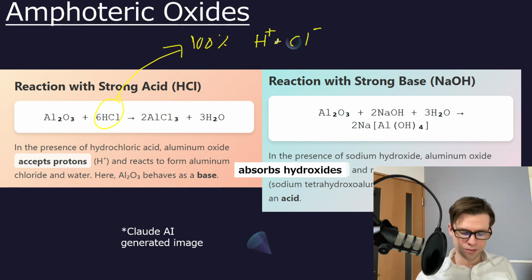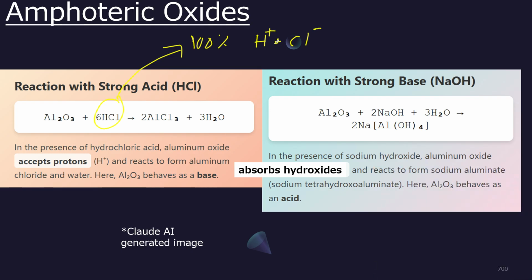But if you put it in a basic solution, maybe NaOH solution, Al2O3 plus 2 NaOH plus 3 H2O makes this kind of strange complex with aluminum. Aluminum will have 4 hydroxide groups, Al(OH)4, and overall that will be negatively charged, and it will be balanced by the sodium Na+ ions in solution. But once those hydroxides are bonded to that metal center, Al, they're no longer in free solution. They're no longer really contributing to basic solution conditions.